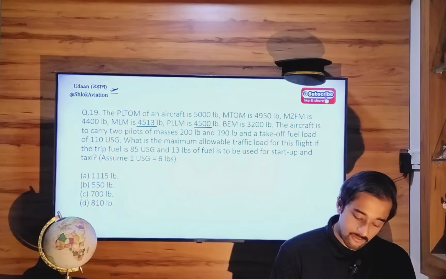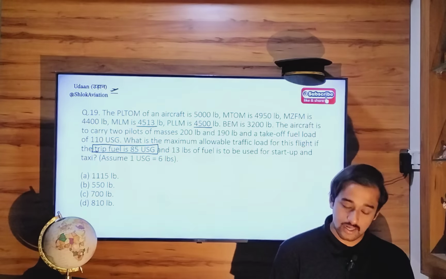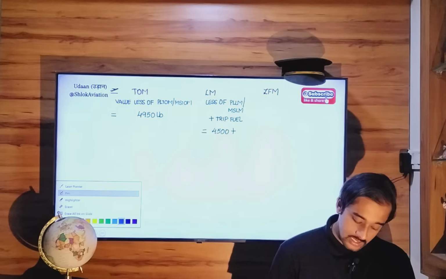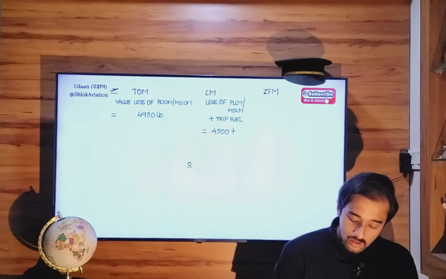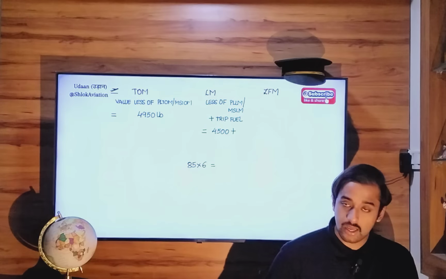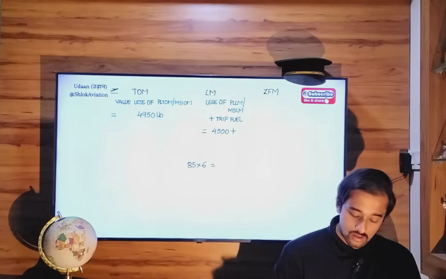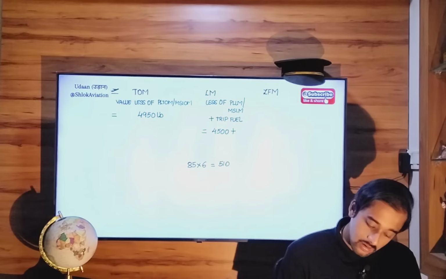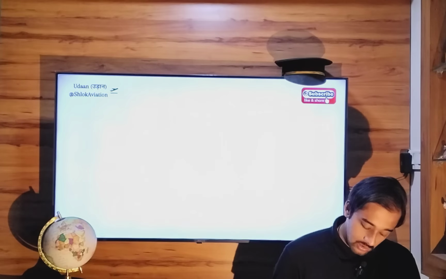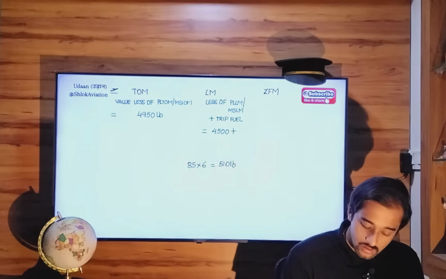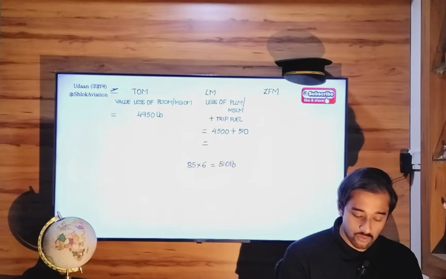Trip fuel is 85 US gallons, right? So convert 85 US gallons into pounds, which is 85 into 6, 510 pounds. So 4,500 plus 510